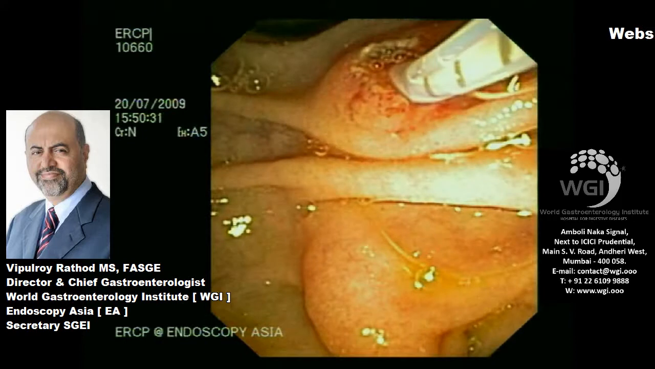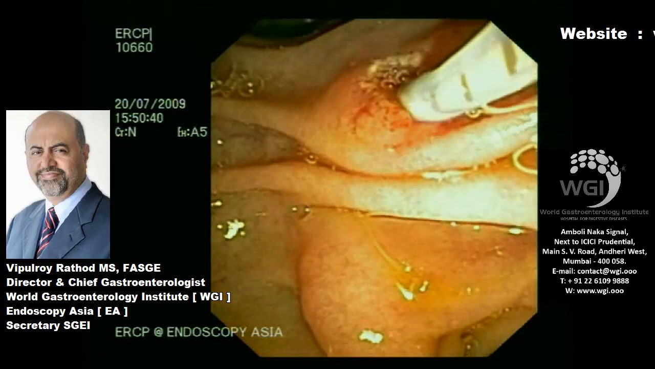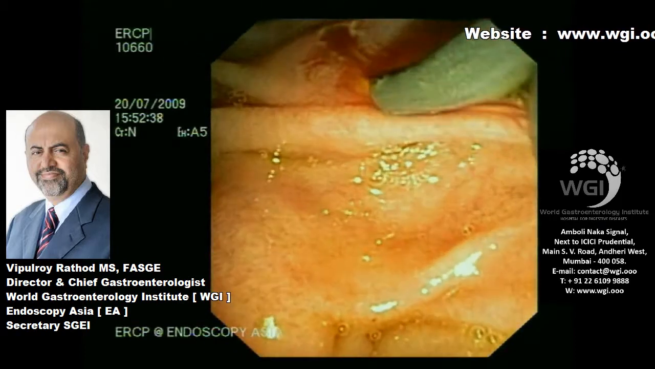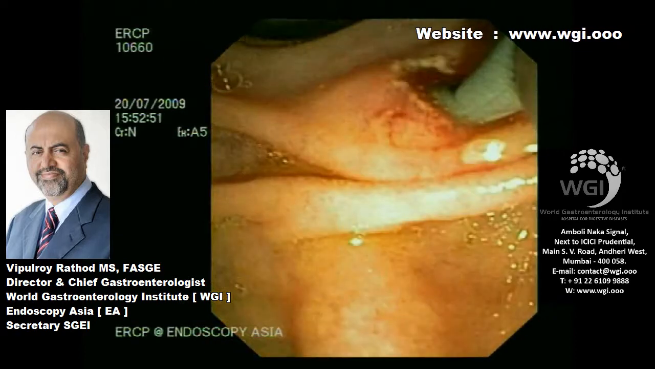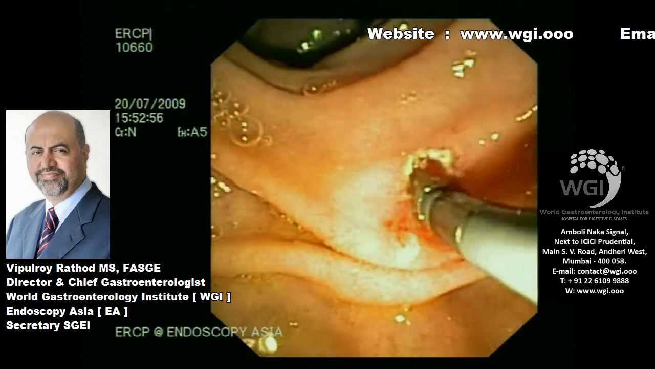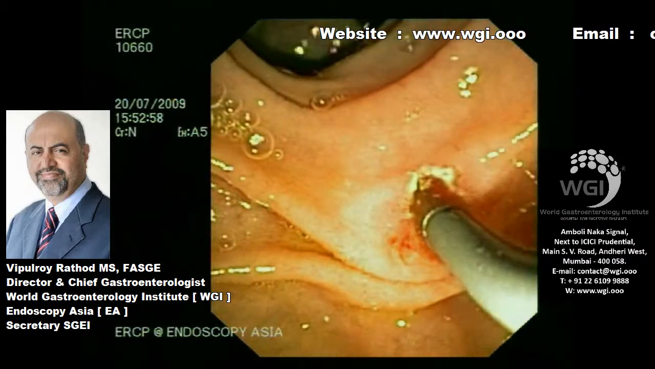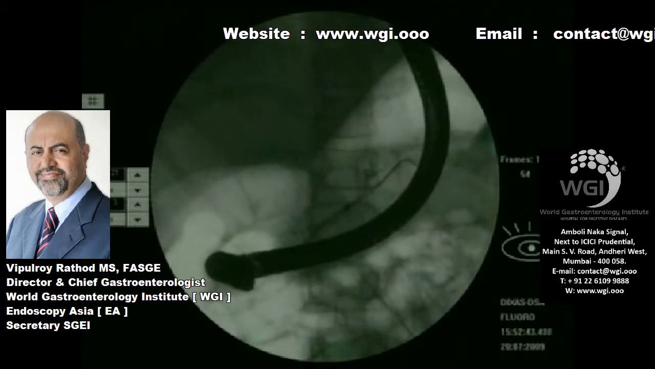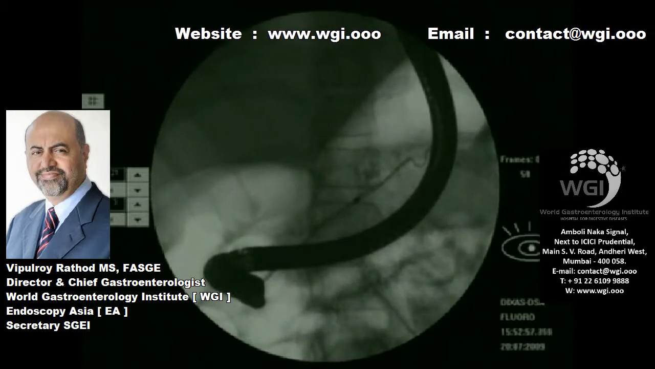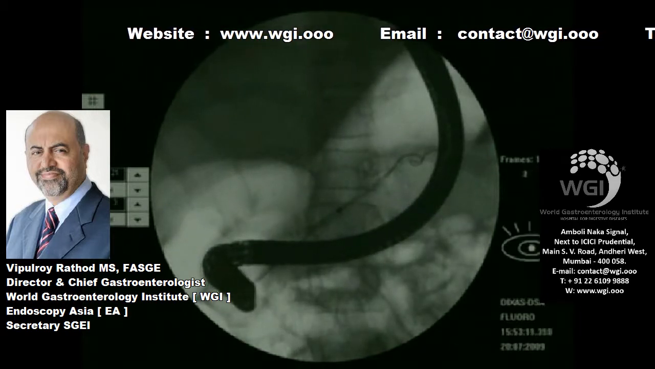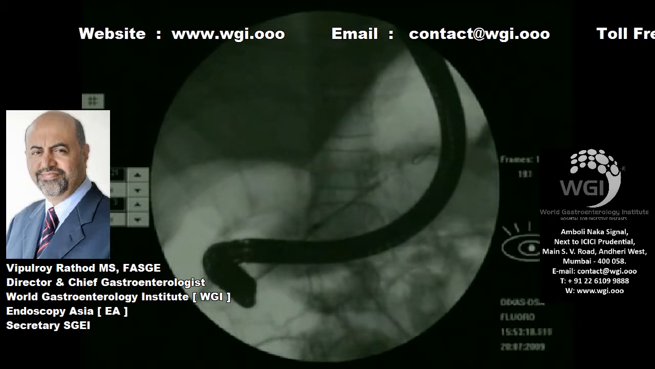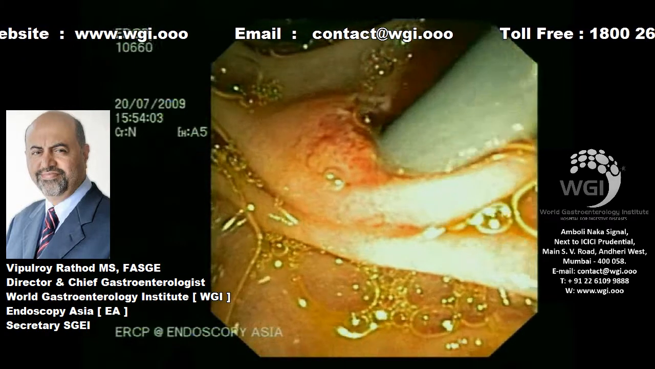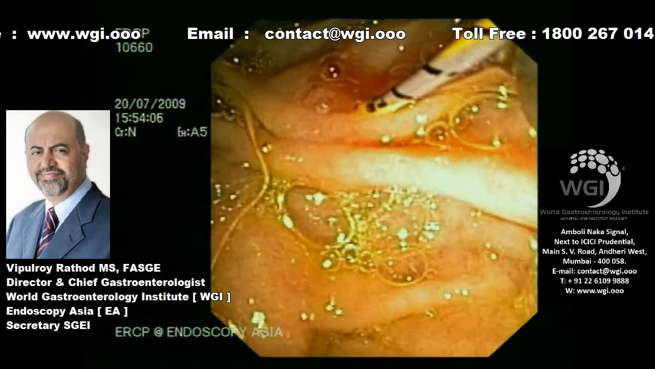With a great effort, we were able to go across and then exchange a stiffer wire. You can see here pancreatic juice has started draining, and immediately then we started dilating with a Soehendra dilator. A 7 French dilator was pushed in across the dominant stricture, and we were able to pass a 7 French dilator. Once we had dilated the stricture, the next step was to put